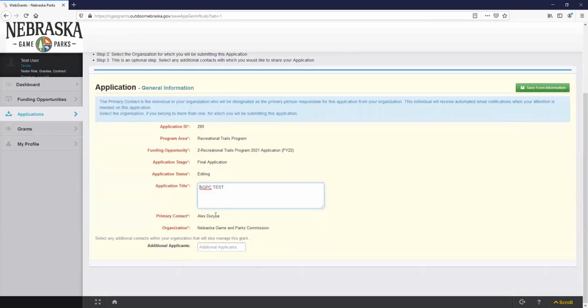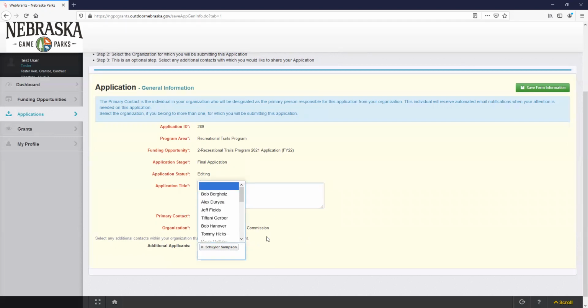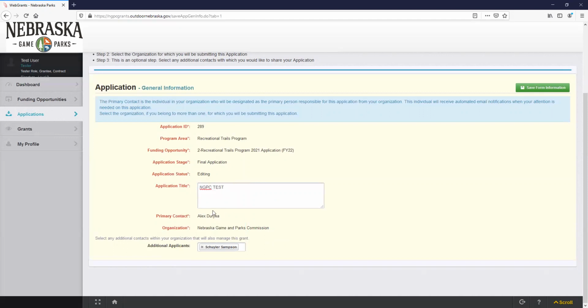And then if there are additional users that you would like to add on here, for example, I would like Skylar Sampson to be a part of this grant as well. That way he will also be notified of any updates throughout this grant process from the system. And later on, you can add a consultant that you might be working with in the future and that kind of thing, so they're also made aware of updates as you progress through a Recreational Trails Program grant. So I'm going to click Continue, save this form,